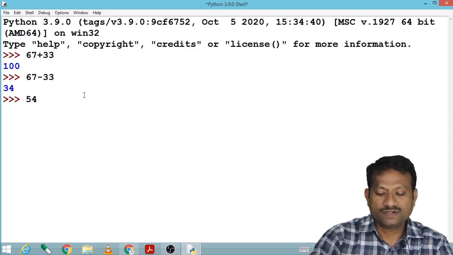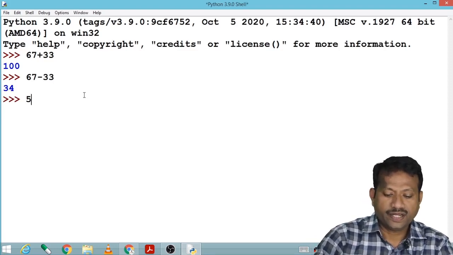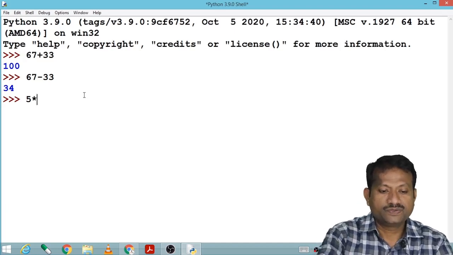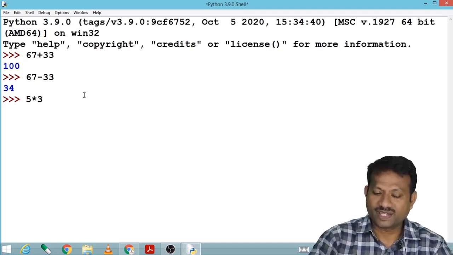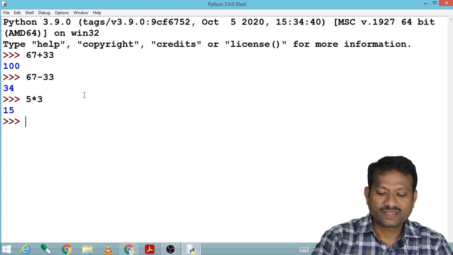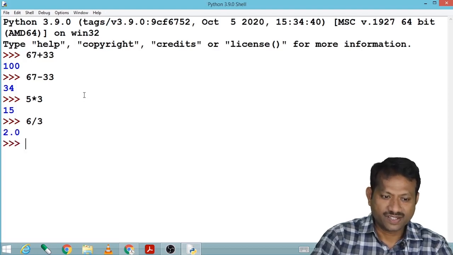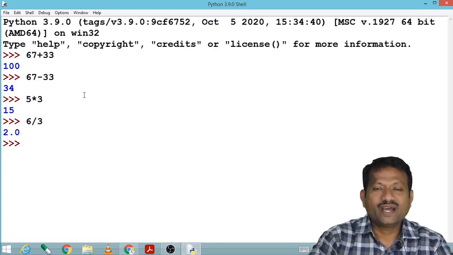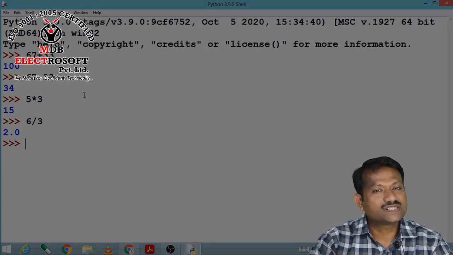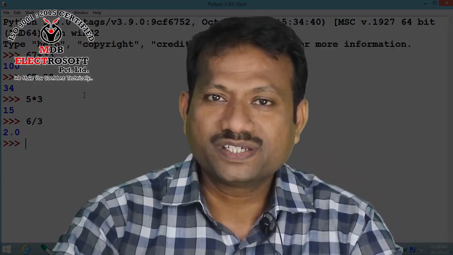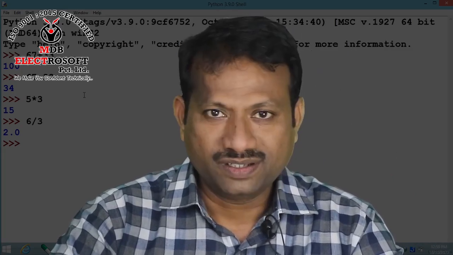If I perform 5 into 3, so I'll get multiplication, that is 15. Suppose I say 6 divided by 3, I'll get the division result 2.0, that is floating point number. So in this way I can perform the addition, subtraction or any arithmetic operation in Python.